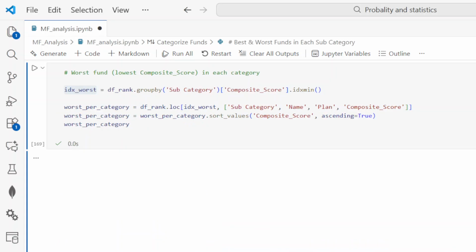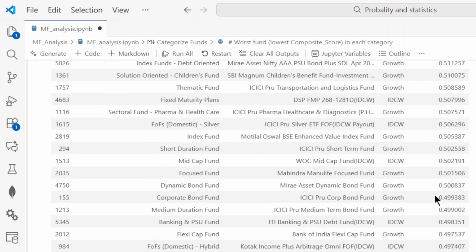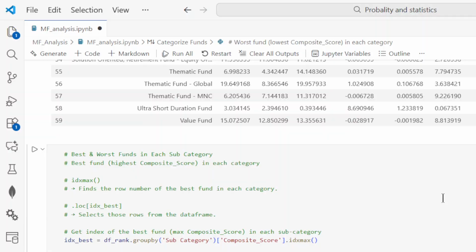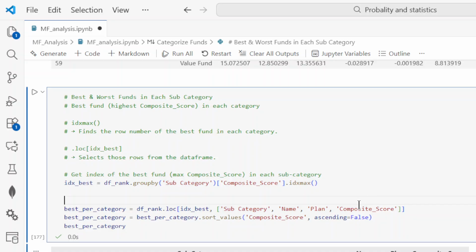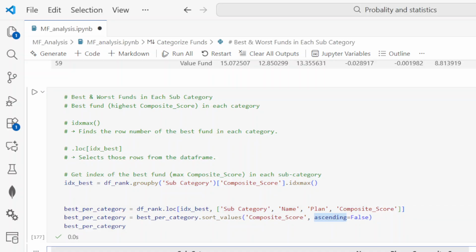So if I execute this, using the composite score I can say that this is the category liquid fund. The name of the mutual fund is Navi Liquid Fund.